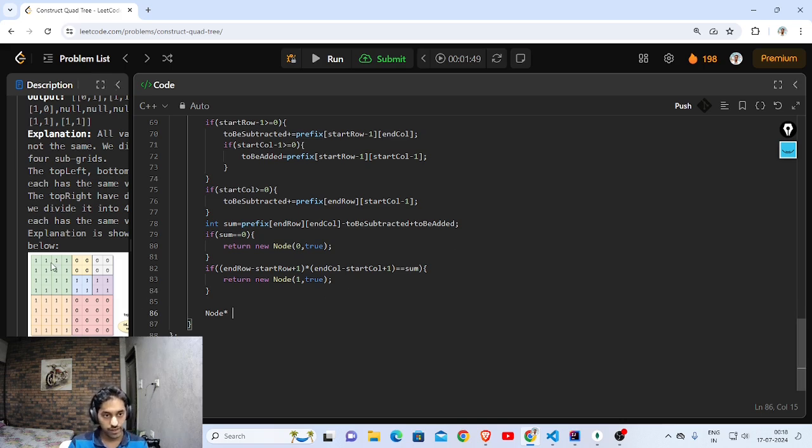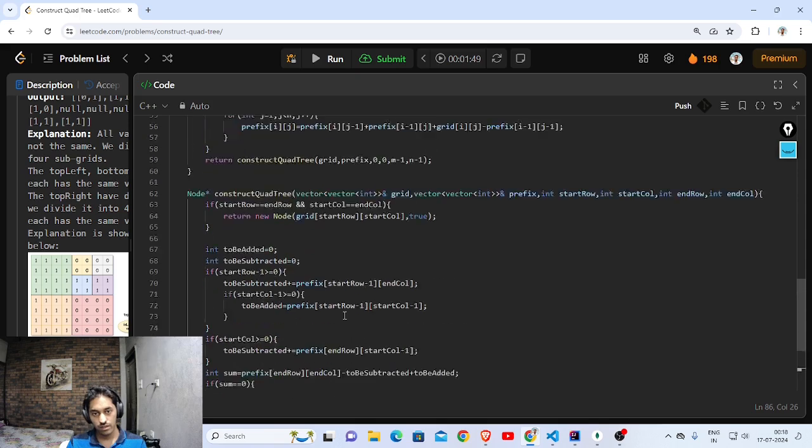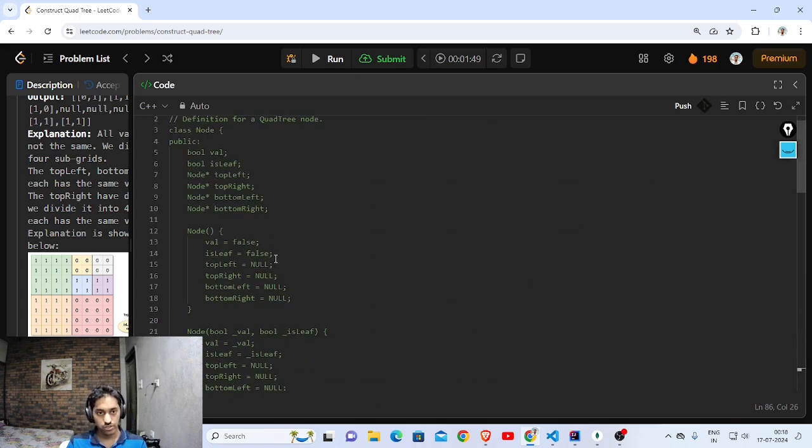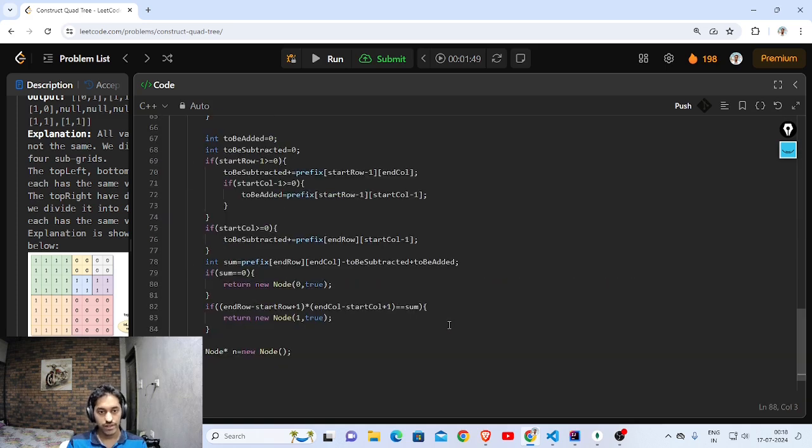I'm dividing this whole grid into 4 parts. So this will be a node which I'll call n, and since this is going to be divided, its value can be either 0 or 1. I don't care, so I can use this constructor. So it will be false and false. I didn't pass anything else in the constructor. I call the construct quadtree for